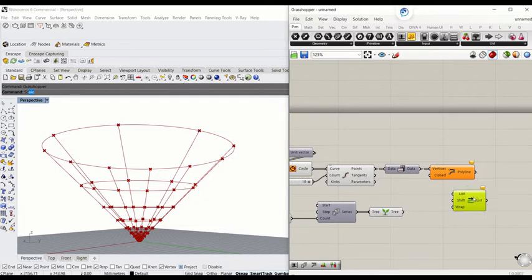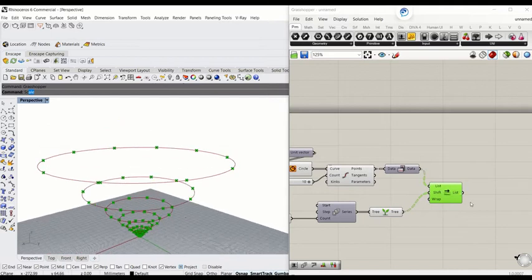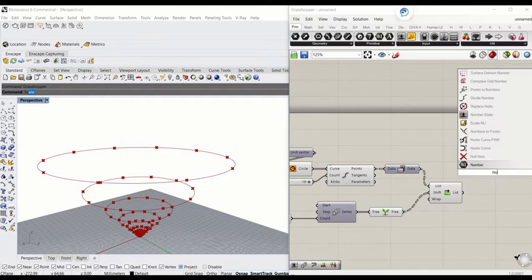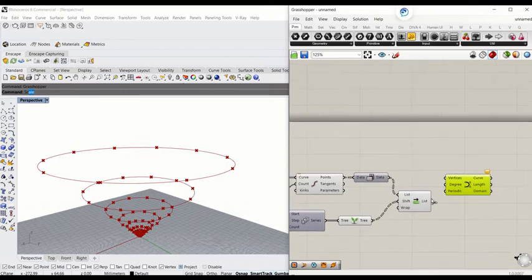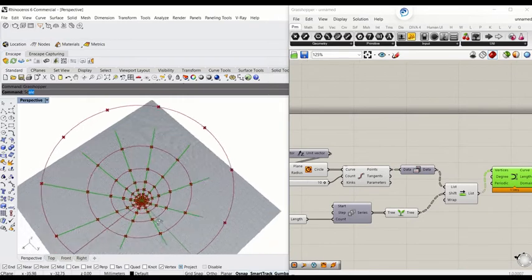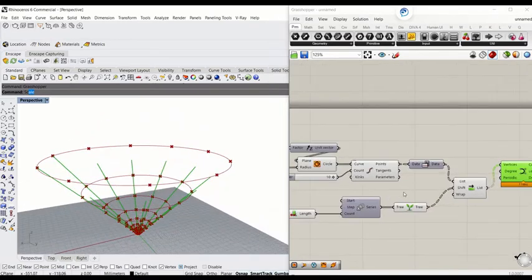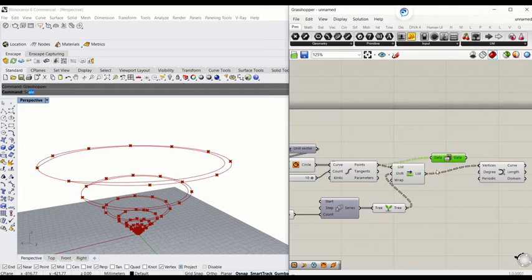So we know how many data we have here, so we want to rotate the points, starting from here. This time, instead of using polyline, we're going to use NURBS. NURBS curves are interesting just because of how they behave. So this doesn't really make it move. The reason is that we want to move the points first, and then we want to connect